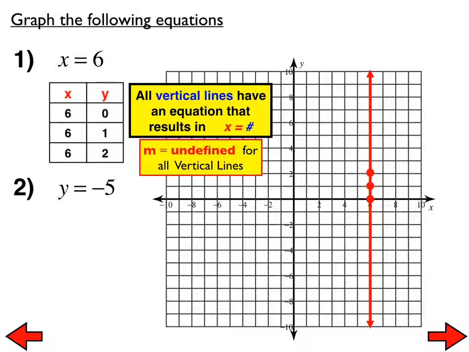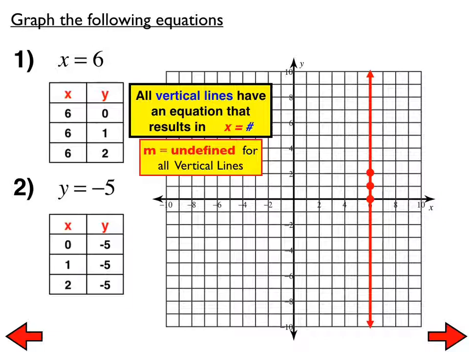Make sure you fill in all the blank areas when we get finished here. So if we have y equals -5, that means y in a table, y will always be -5. And then x could be anything that we want it to be. And I'll just, once again, keep it nice and easy. 0, 1, and 2. And if we plot those three ordered pairs and draw a line through,